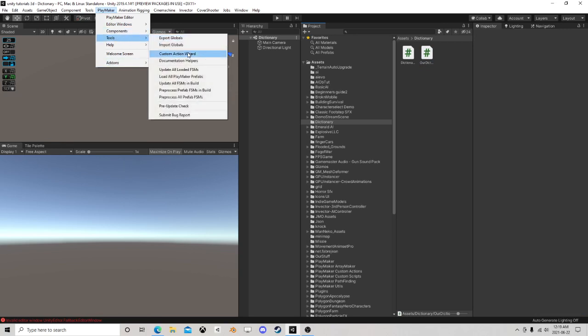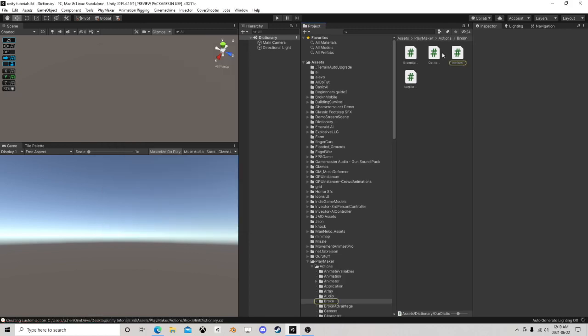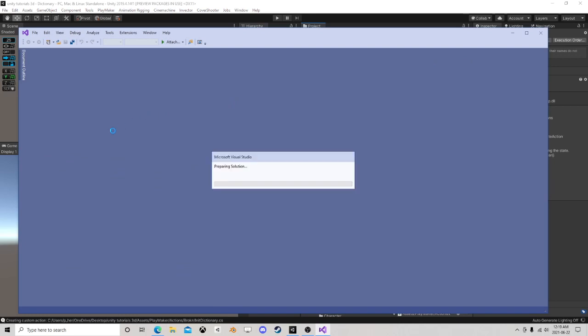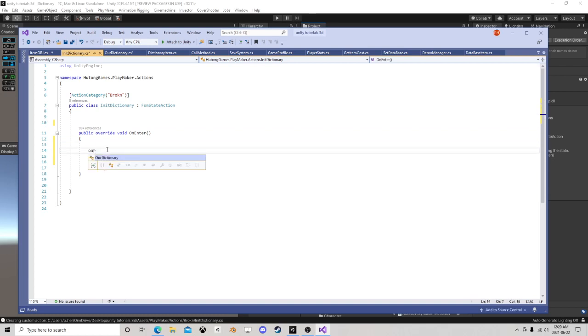So let's say Init Dictionary. Now I'm going to put this in the broken category. Some might call us lazy, but I think it's just a good way to fill up dictionaries, because I don't want to build an array by hand. I just don't want to do that. So this thing's not even going to have any variables here. All we're going to do is say our dictionary dot our main dictionary. No, we don't want to do that yet. We want to say